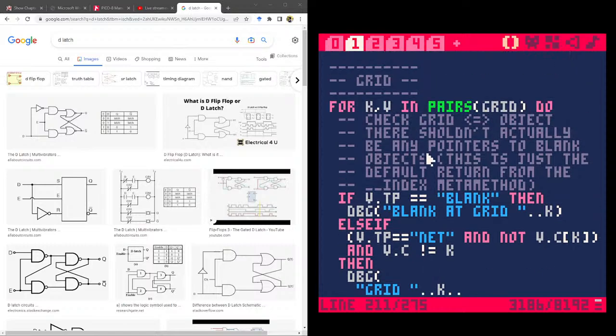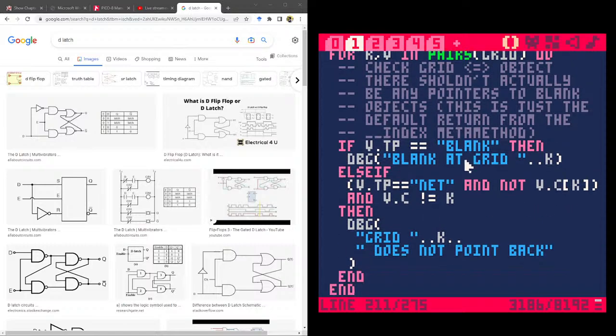Oh wait, we're not checking grid to junction or anything else. If v.type equals net,